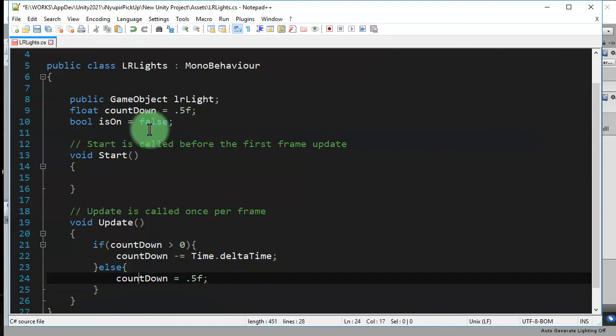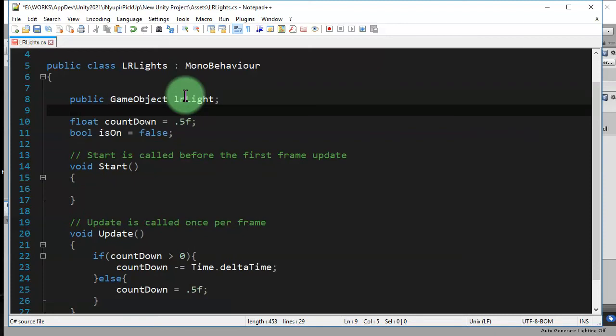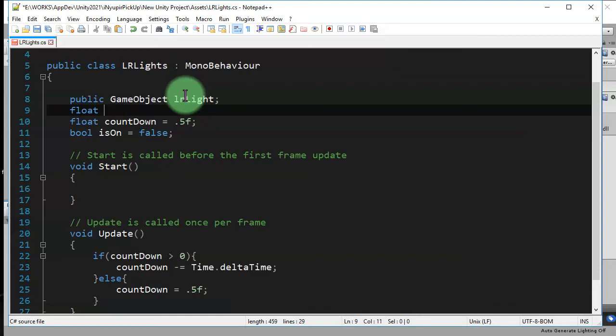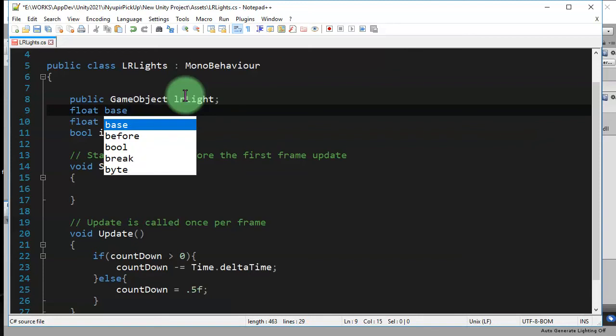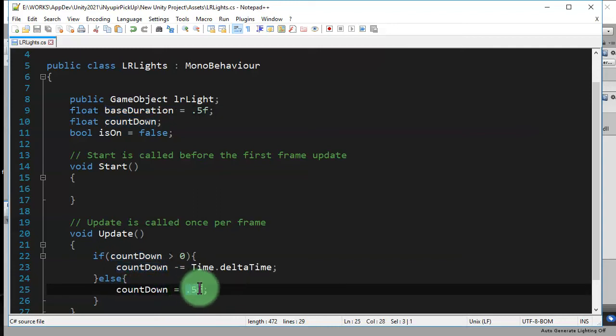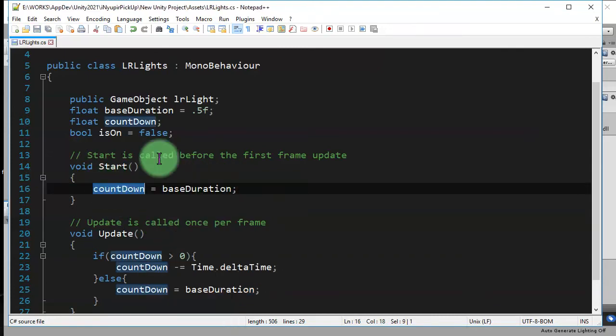we need to reset it with this initial value. But this is not good. Let's add another variable, float. What should I call it? Base duration. You can name it whatever you want. Okay, so I just use this name, base duration. So countdown value should be this base duration. Here let me copy this one and I place it here on the start. At the start I will assign the base duration value to this countdown variable,